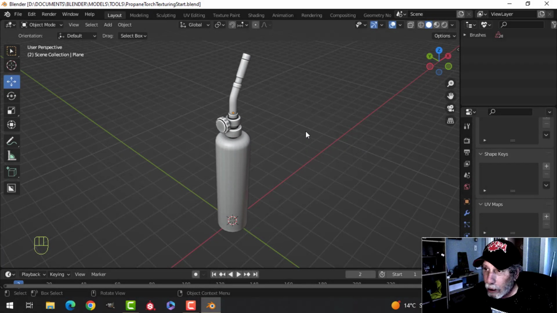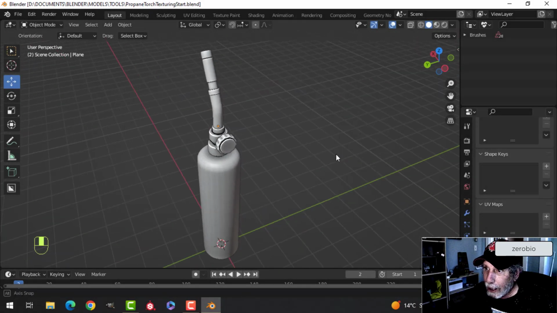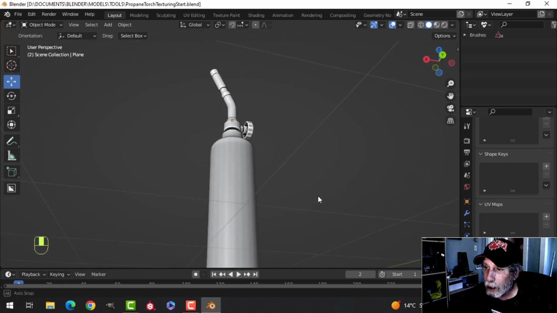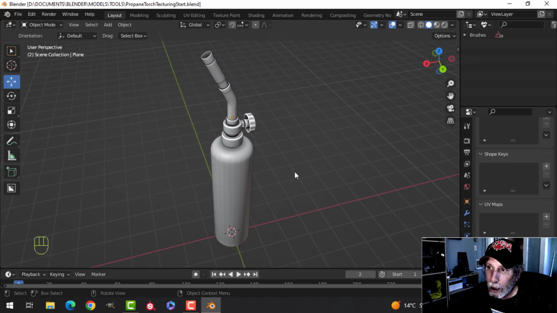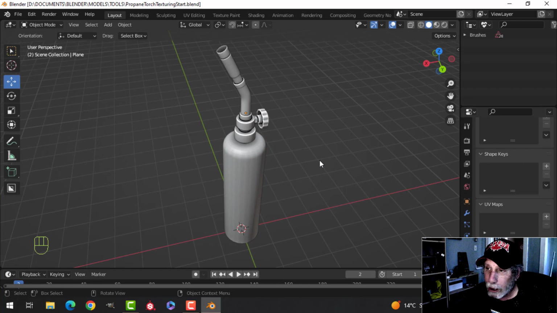In my last video, I modeled this propane torch, and I said that I was going to get to texturing it. In order to texture it, I have to UV unwrap it, unless I'm doing this simply in Blender. But I'm going to be doing this in Substance Painter. And so I thought in this video I would talk about how I would UV unwrap this, because I've been asked that before. And so even if we don't get to the texturing part, I think this is an important thing to have